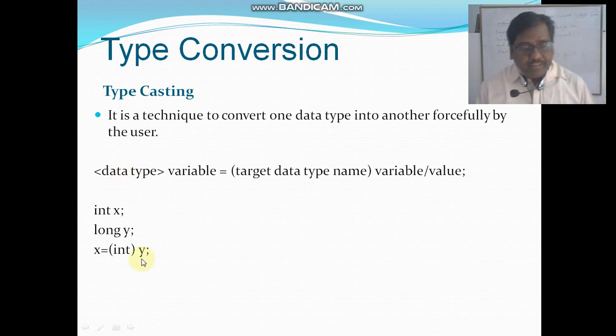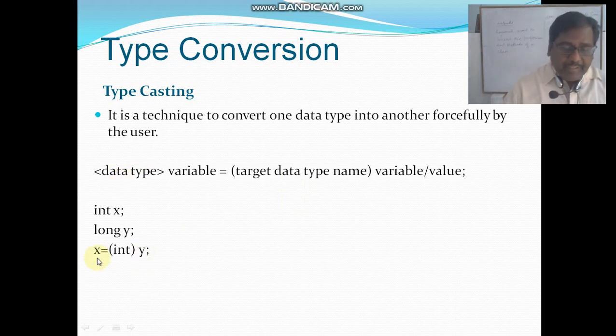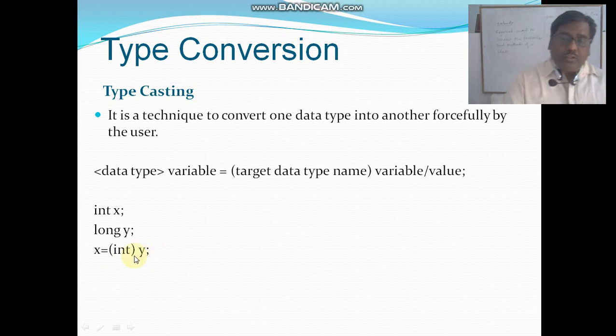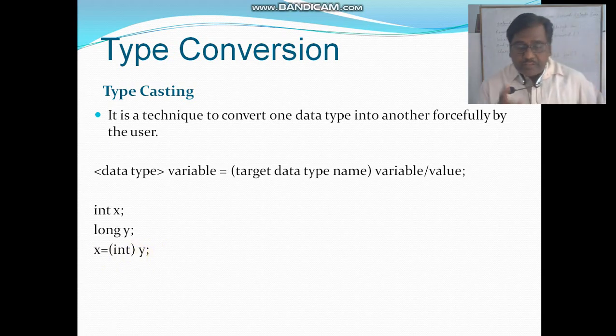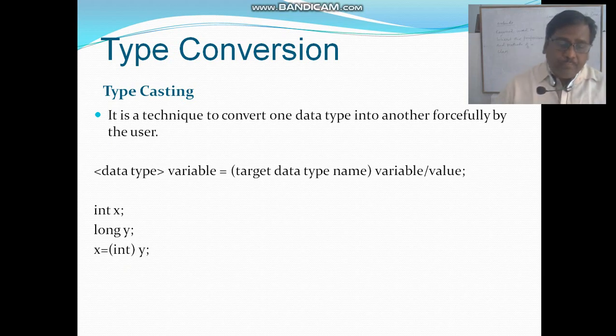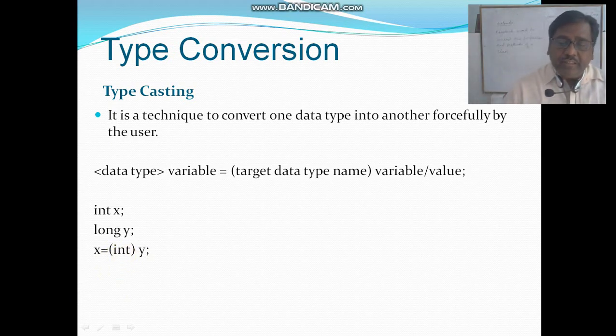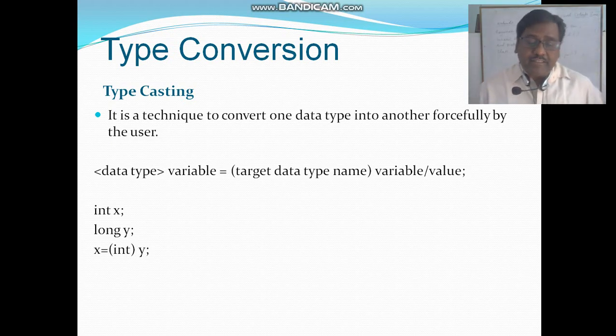Now here, when we are passing y equal to x, y is a long value and x is an int value. So y is to be converted into what? int. That means the target is int. For that, we have to put a round bracket, and within the round bracket we have to write the name of the data type in which we want to convert, that is int.